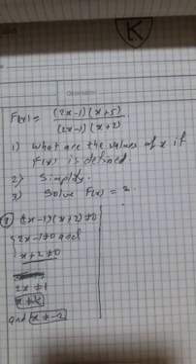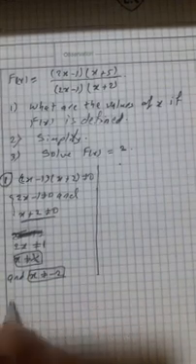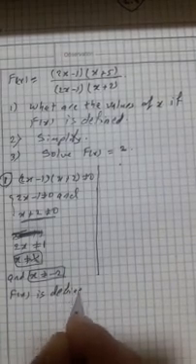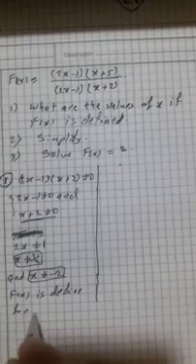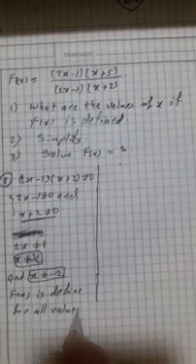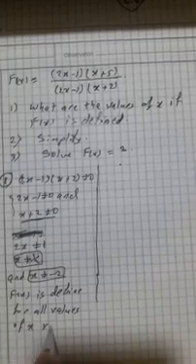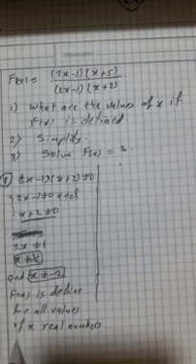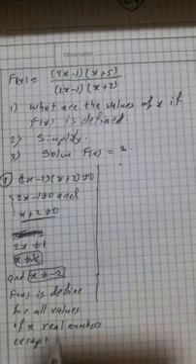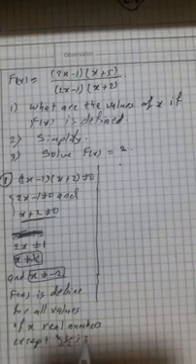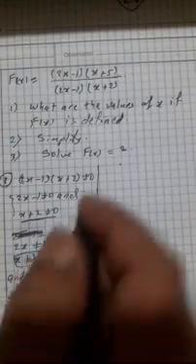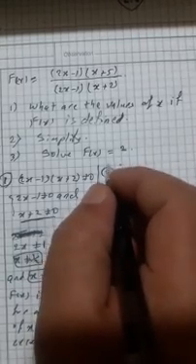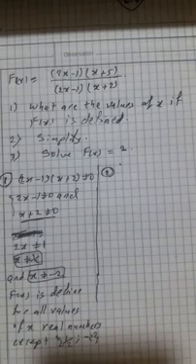So I can write f of x is defined for all values of x, real numbers, except half and minus 2. Now here in the second question he said simplify. We can simplify after